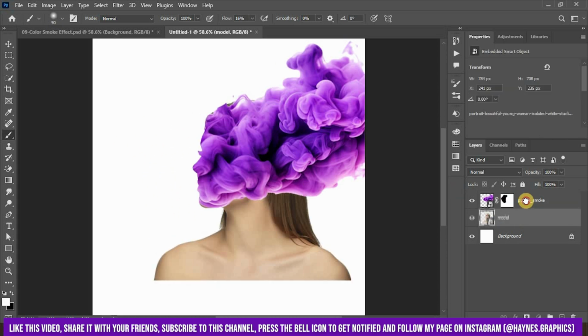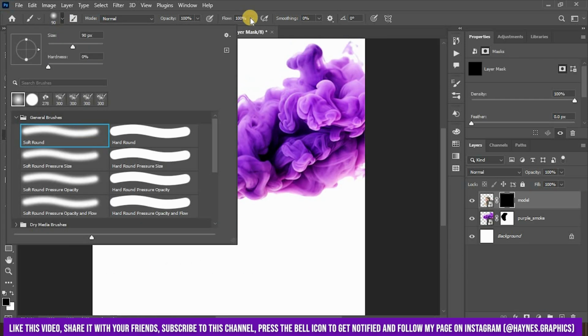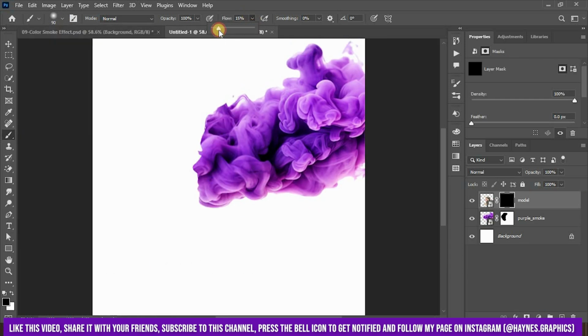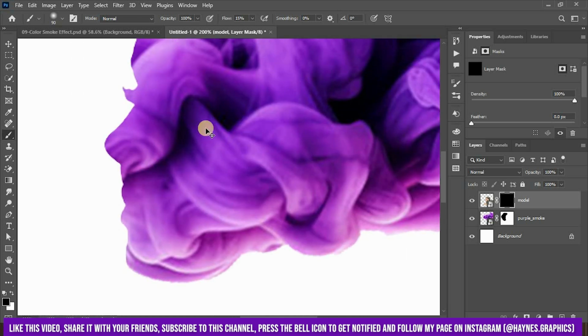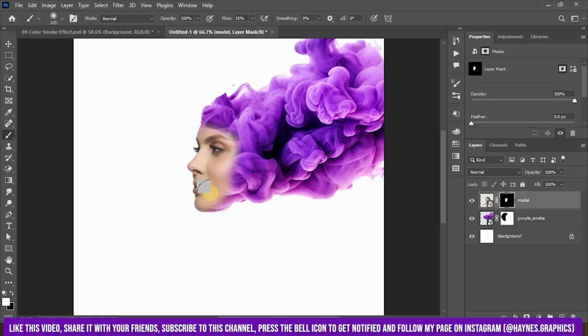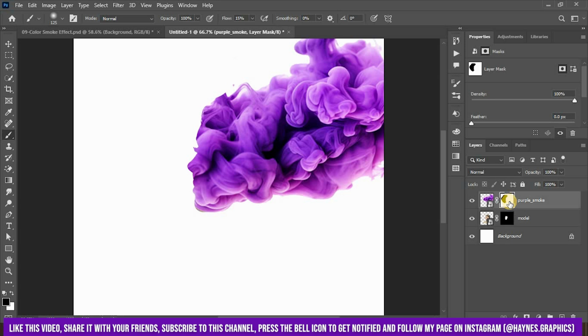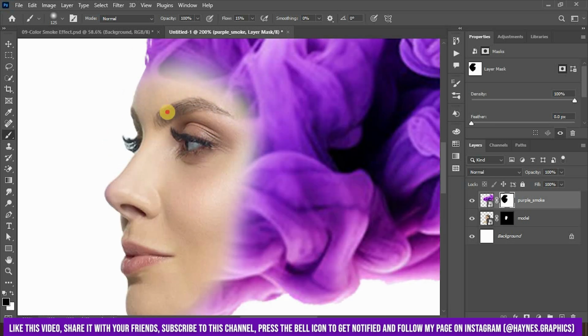Now move the model layer above the smoke layer and then with soft round brush and flow to around 10 to 20 brush on the face to reveal it. Now bring that layer down again and while pressing Ctrl or Command, click on the face layer mask to select the reveal part. We need smoke layer on the top to make it look like a smoke is coming out